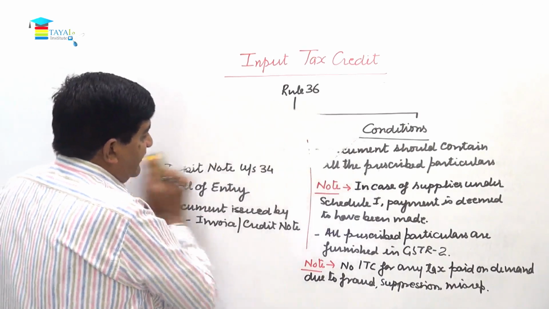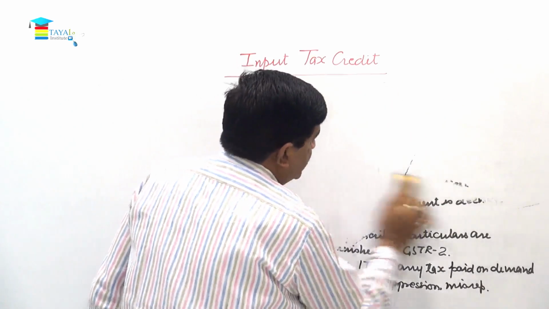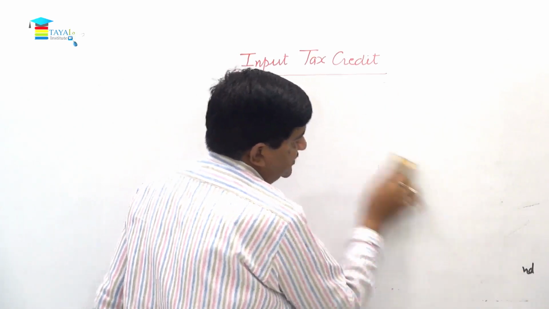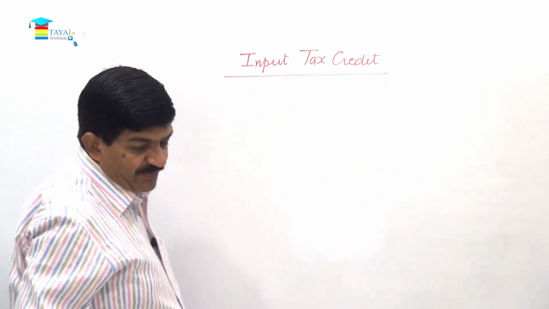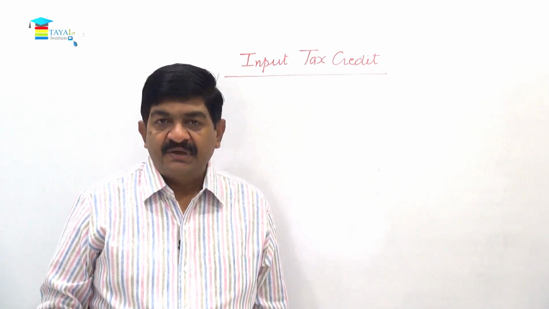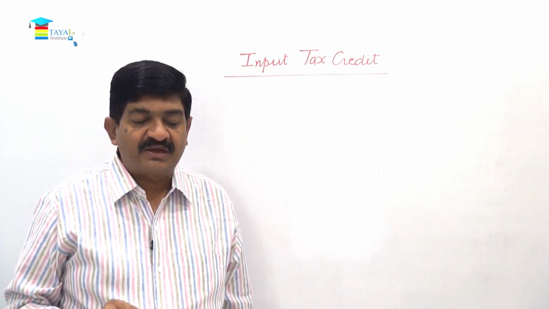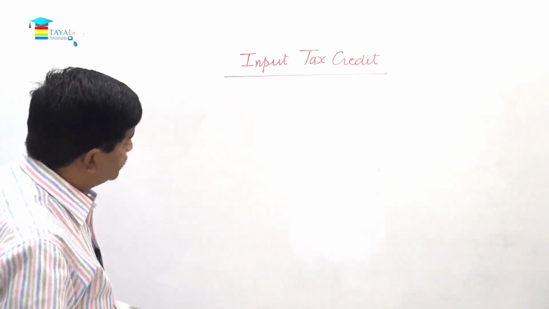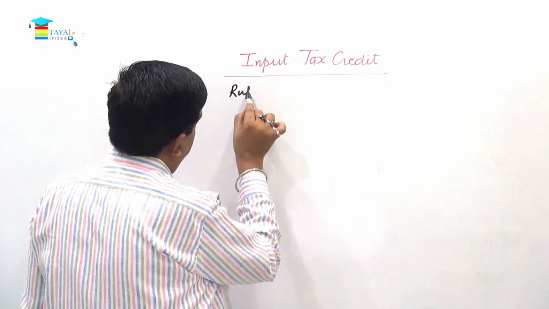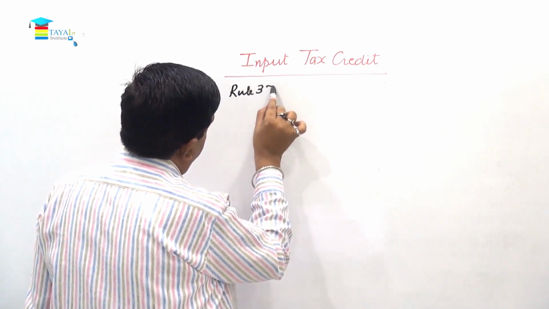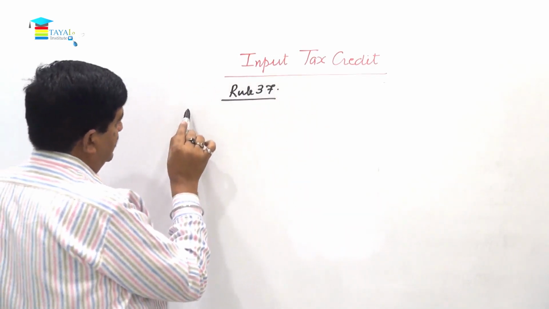Rule number 37 is basically in relation to reversal of credit. And the question of reversal, as we discussed in section 16 subsection 2, is that if the payment is not made by the recipient within 180 days since the date of the document, in that situation the credit will have to be reversed. So here we have rule number 37. What it says: